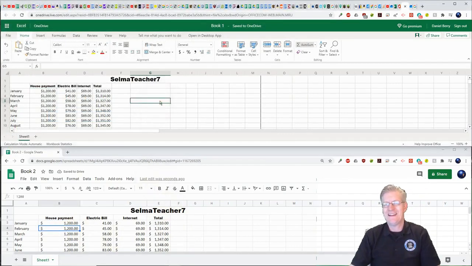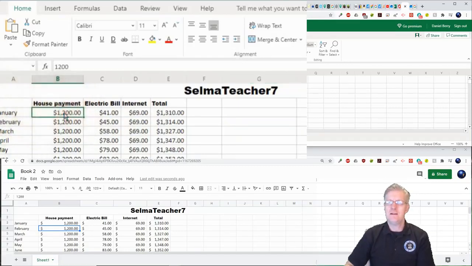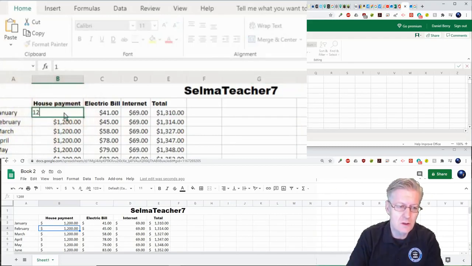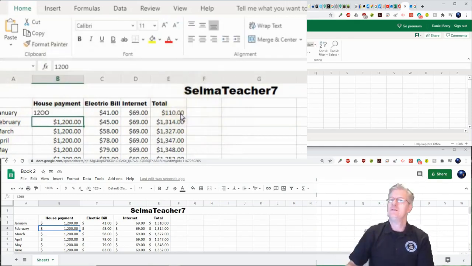Now I'm going to go into Excel and do the same thing. I was talking to someone this morning and they were asking, what version are you using? Well, I'm using version 16 and then a whole bunch of numbers. It's the current version that you find with your OneDrive. So I'll go in here and do the exact same thing in Excel. I've clicked in there and I'll type 1, 2, and then two letter O's, hit the enter key, and Excel now does the same thing.